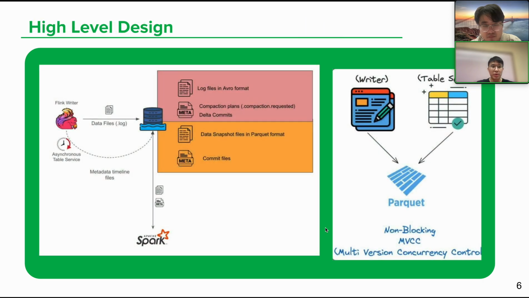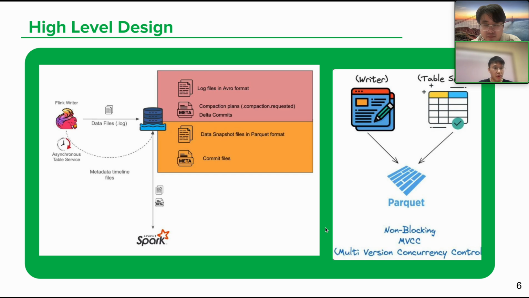So if we zoom into the Flink pipeline setup, we will first split the design into two different forms of Hudi tables, merge on read and copy on write, because based on these table formats, the operations that the Flink pipeline would do would differ slightly. So firstly, for the copy on write tables, which are much simpler to ingest, at the end of each